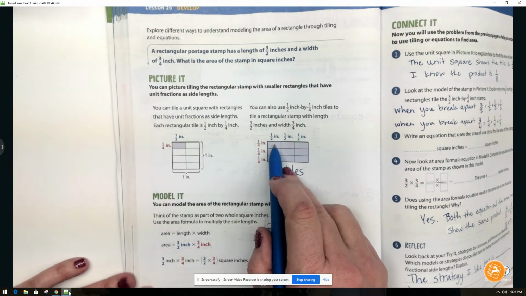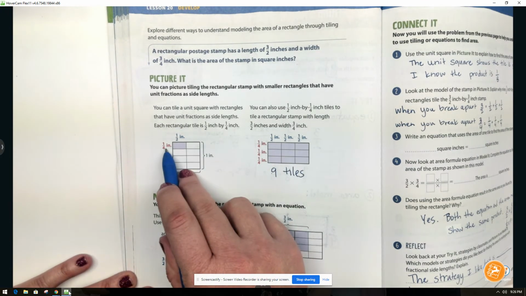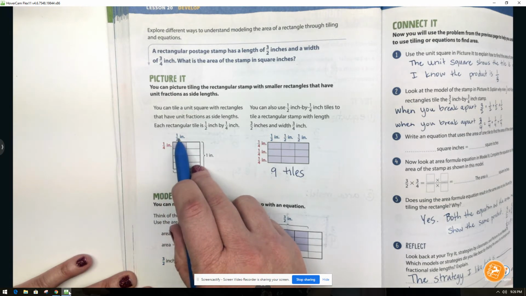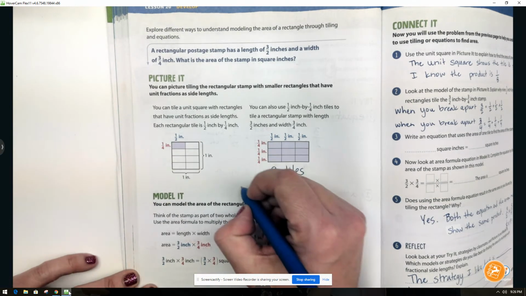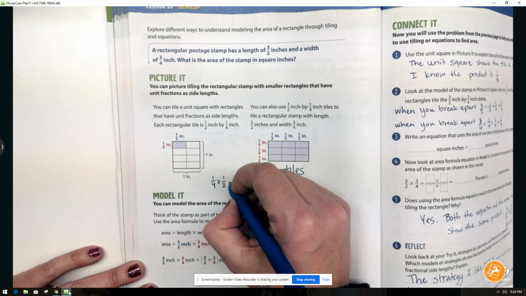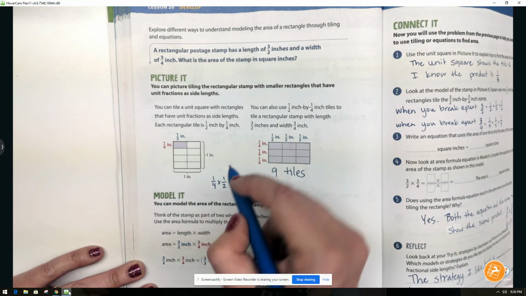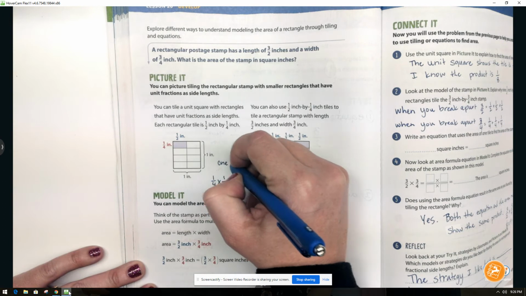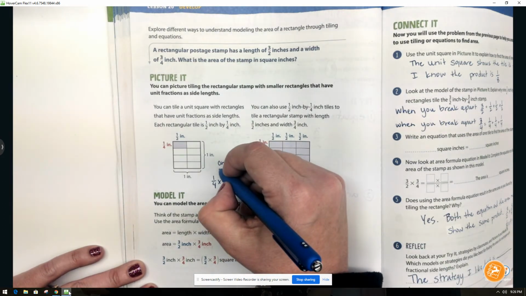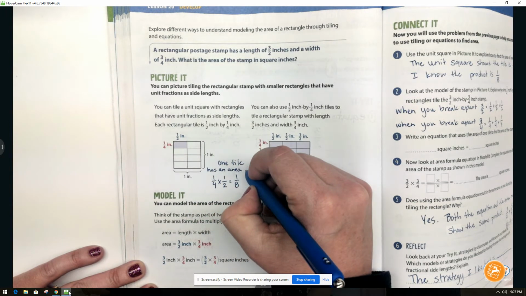Now, what is the area of just one of these tiles? How would we find the area of one tile? We would multiply 1/4 times 1/2. When we multiply 1/4 times 1/2, we get 1/8. So one tile has an area of